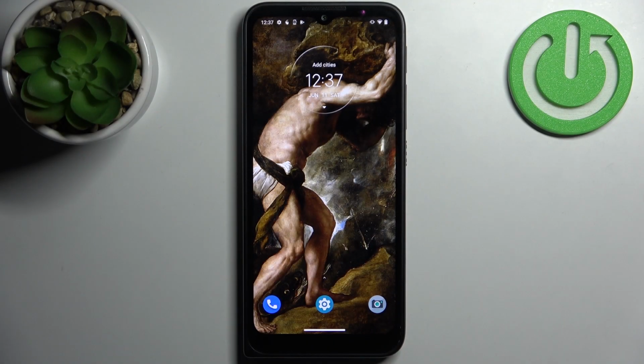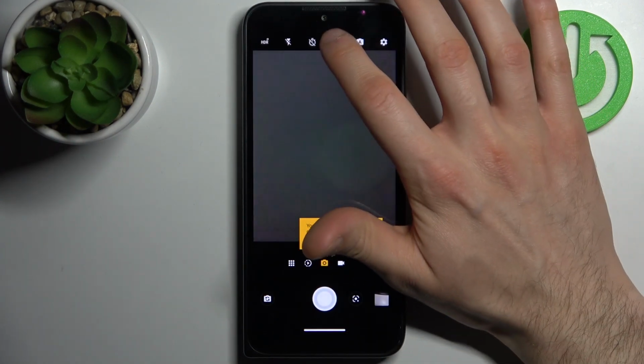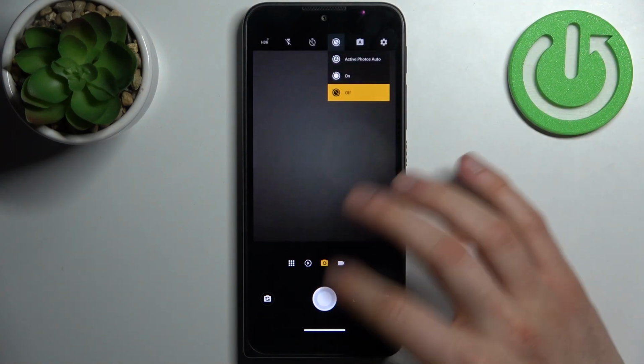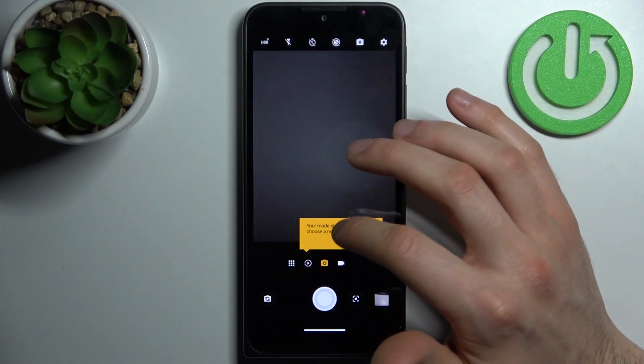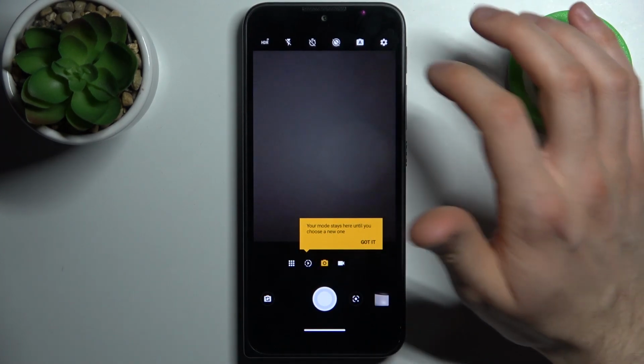Here I have Motorola Defy, and today I'm going to show you how to take a live photo or motion photo or active photo, call it as you want. On this device it's called active photo, I guess. Yeah. So firstly you have to open camera, then when you're in the normal photo mode, just tap on this